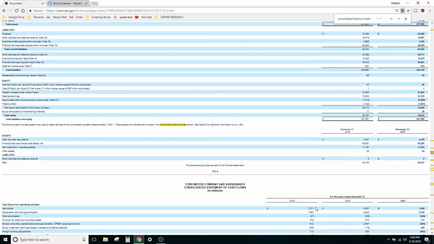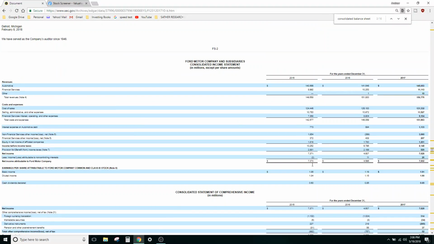So you can see 73.71. They're actually reporting what's attributable to the Ford Motor Company. All right, no, yeah, it's right here. Net income. I hate this stuff, but